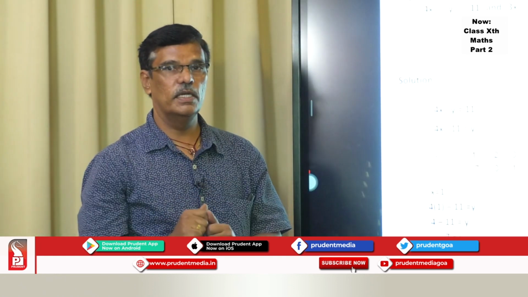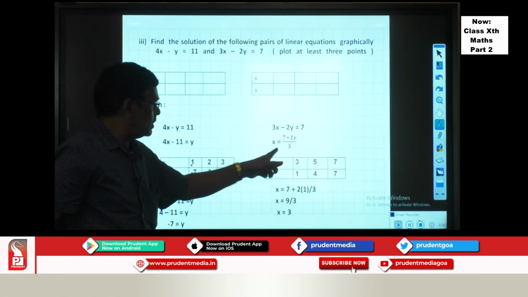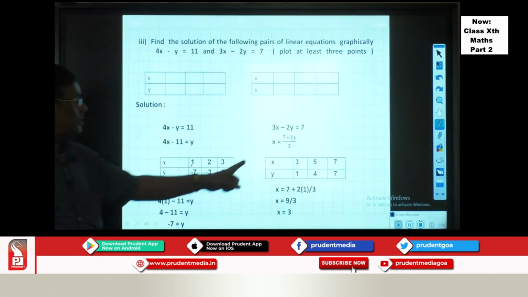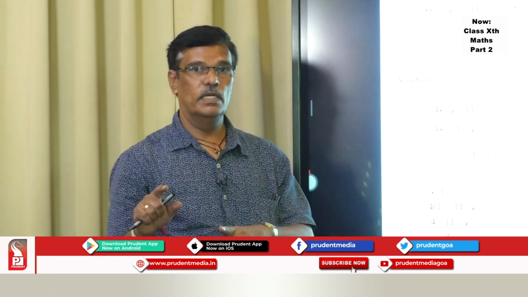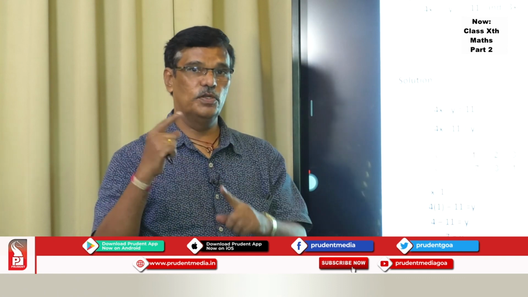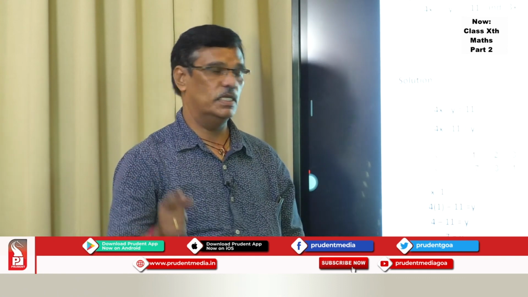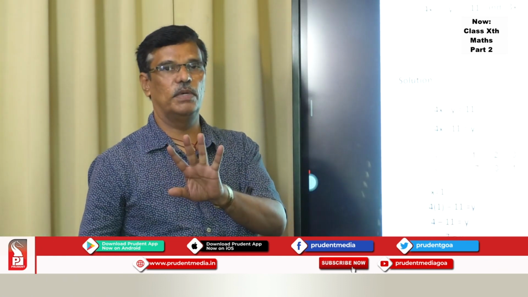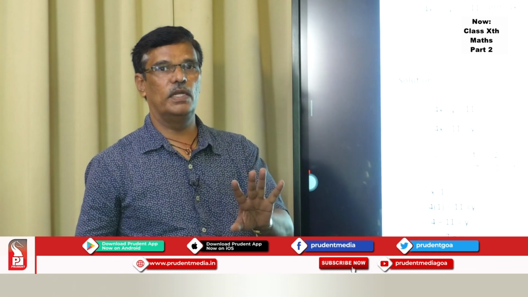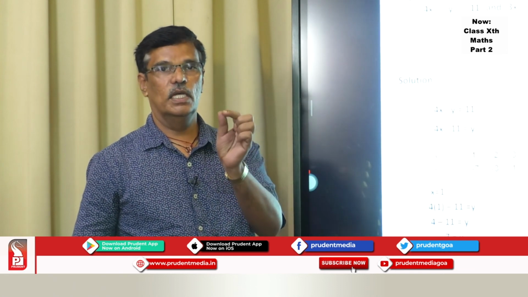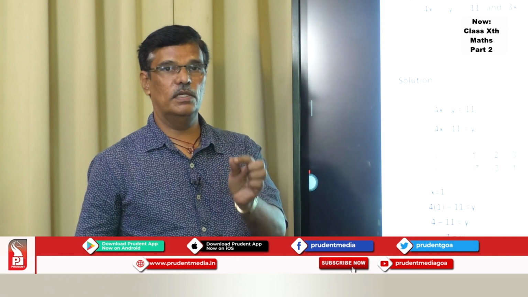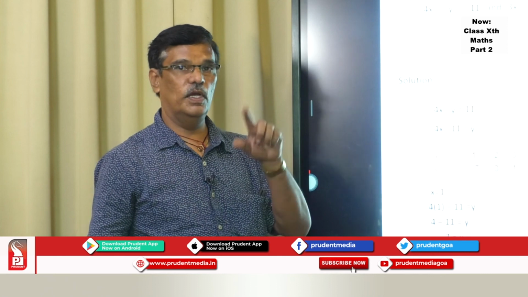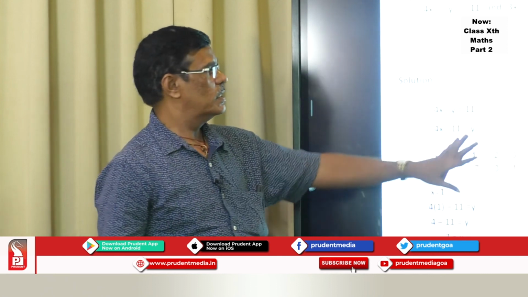Students, please note that when such types of equations arise, substitute the value of y in such a way that after doing substitution and addition and subtraction, that number has to be divisible by 3. As far as possible, don't try to find the value in decimal points, because sometimes it is difficult to plot a decimal number on a graph page. So accordingly, you have to do the substitution of the values.